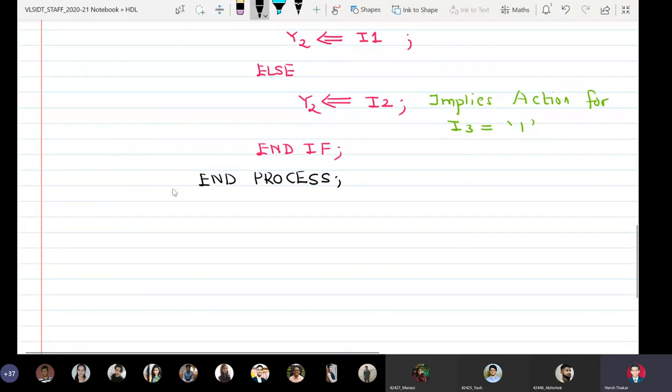Now the process has been ended, and we will write down end architecture now.